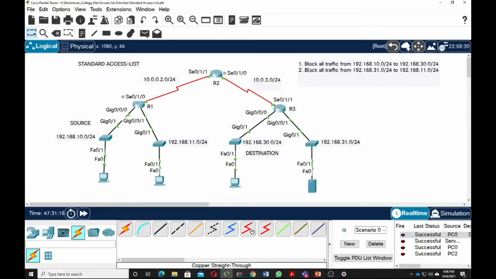The first scenario is to block this one from entering 192.168.30. So as a rule for standard access list, we're going to place the access list near the destination. Since this is the destination, again we're going to configure R3. Okay, now another question is, since the .30 network is connected to the interface G0/0/0, this is where we